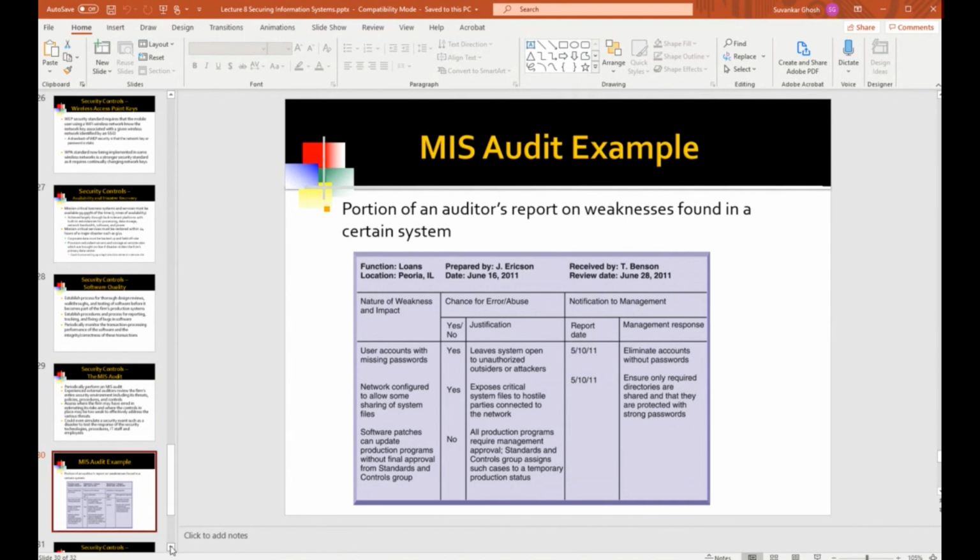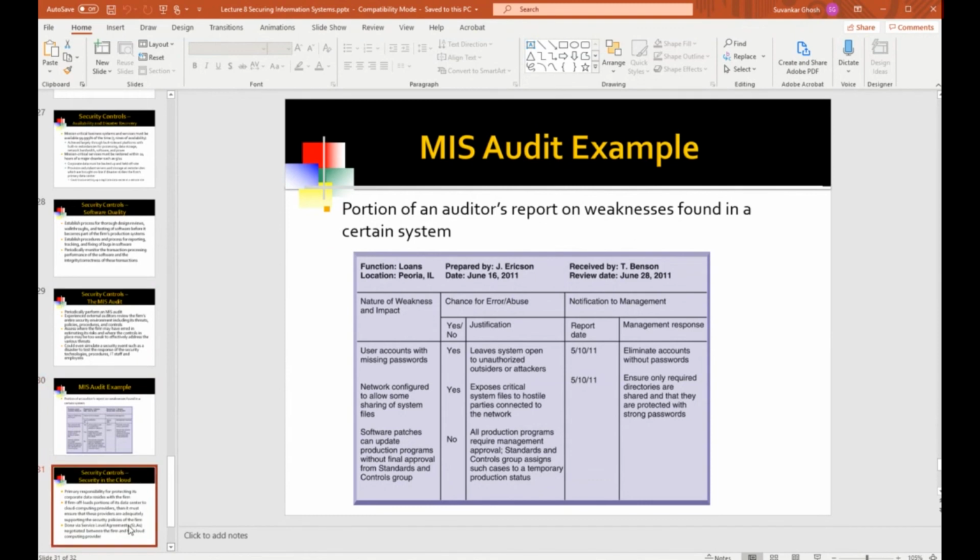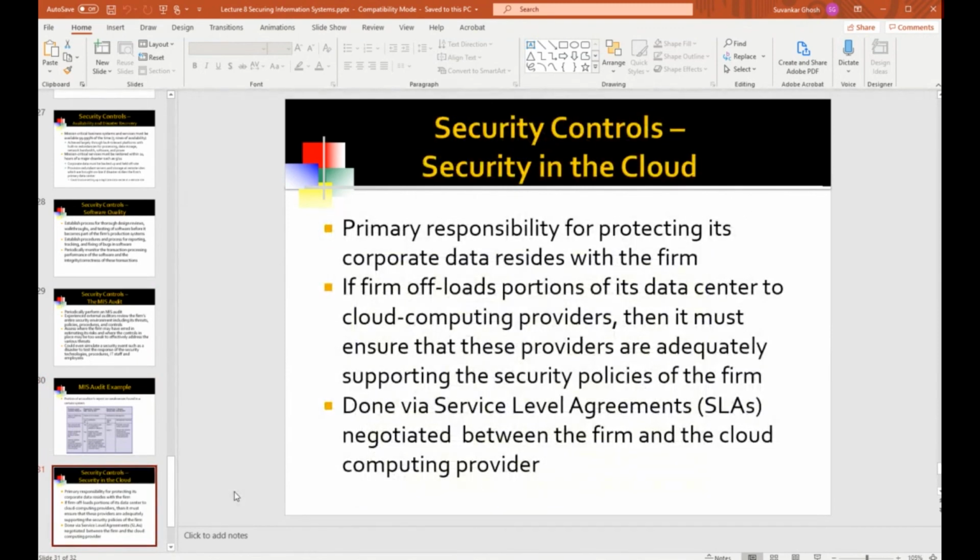Also, one of the good values that these external auditors bring is that they have war stories. In other words, they have audited other firms and they've gained valuable knowledge about the mistakes and vulnerabilities they found in other firms. And they bring that knowledge to your firm when you hire them. PricewaterhouseCoopers is a well-known IT auditing firm and IT consultant in general. They bring the knowledge they have acquired from other firms to your company, and that's useful.